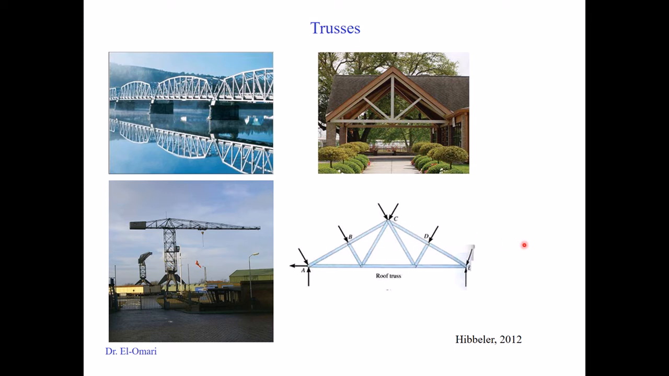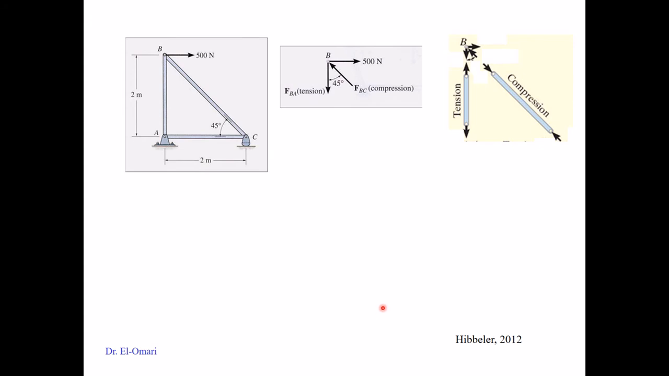Members are, as we said, connected with pins at both ends, which makes them two-force members that are either under tension or compression. The design of a truss member is mainly to find the force magnitude in the member, and whether this member is under tension or compression. The way for the design is